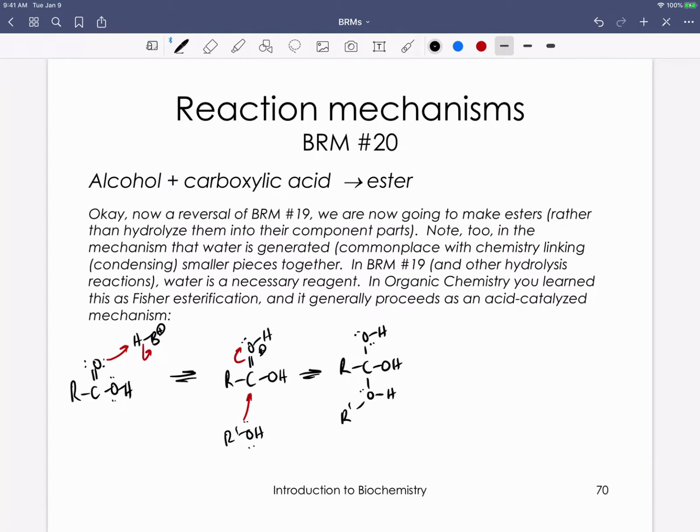Commonplace chemistry that we see here is we have to deprotonate what was our incoming nucleophile, and we're going to protonate what we'd like to be a good leaving group. So deprotonation of what was our incoming nucleophile, and then protonation of what we want to be a good leaving